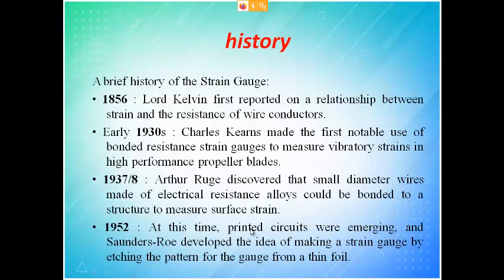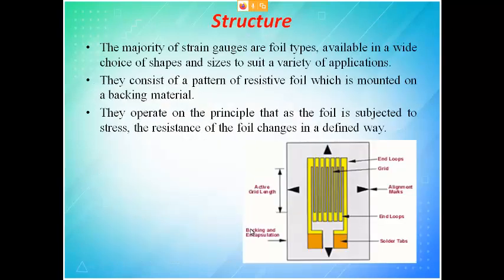This is going to be used as a sensor, so sensor size should be very small. The smaller you make your sensor, the more you can improve application-wise. That is what has been done. So in 1952 itself, you got small size strain gauge sensors. When you see the structure, you have an active grid length. This is the coil which is being placed. Then end loops, this is the grid and this is the outer, just to protect your wire.